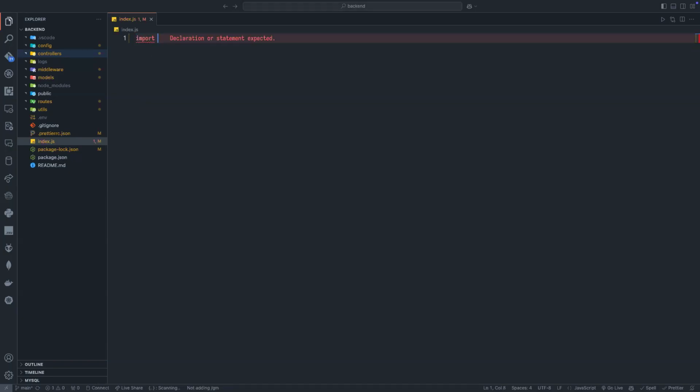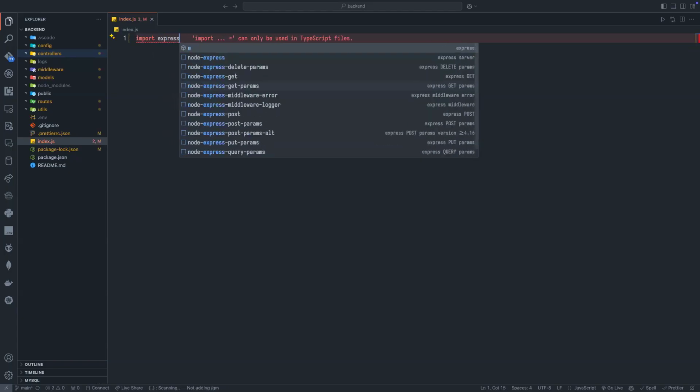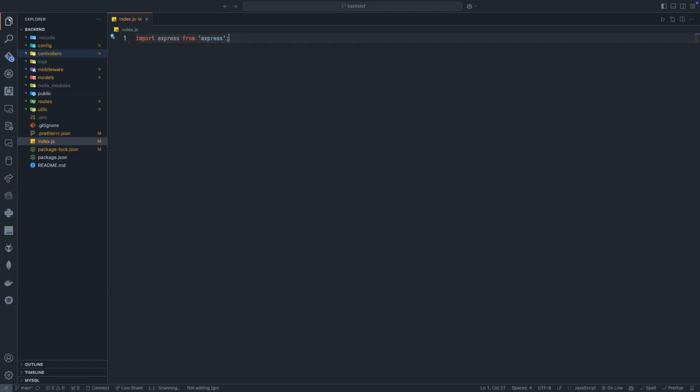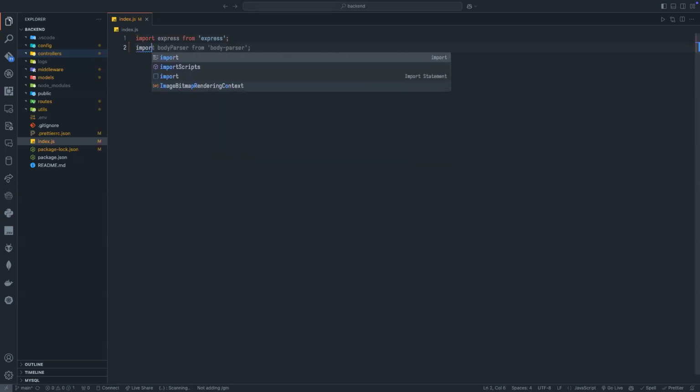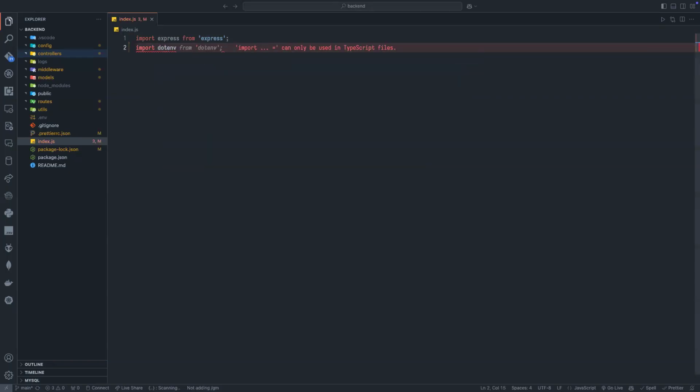So I need to import Express, of course, as you know. So I need to import Express from Express. I need to import dotenv from dotenv. I need to import cookie parser, and I need to import